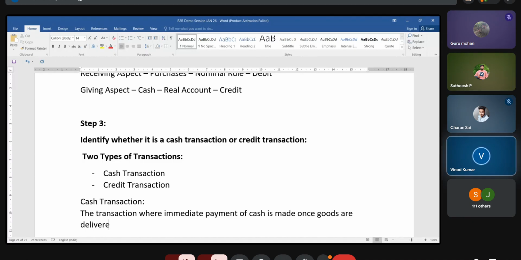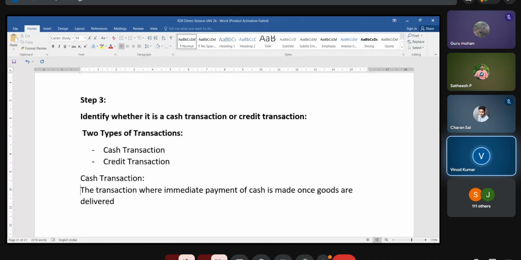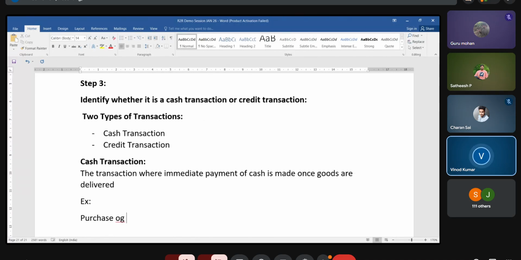You went to a shop, you bought something, you paid cash. So where the immediate payment of cash is made once the goods are delivered. Example: purchase of goods for cash,